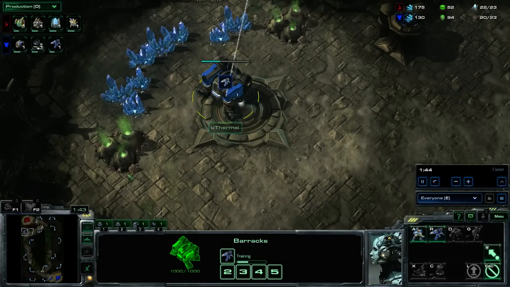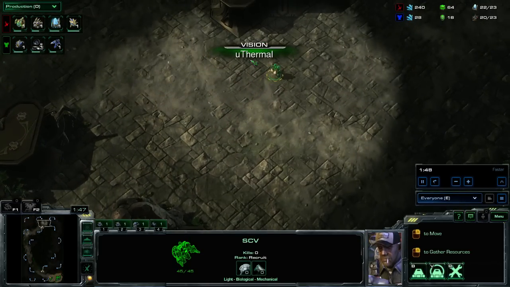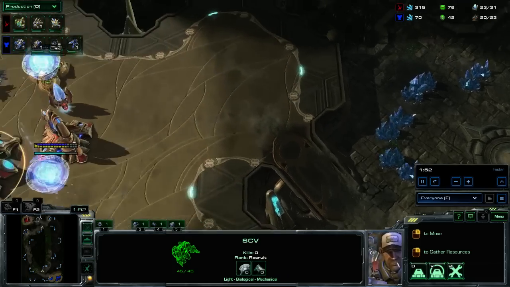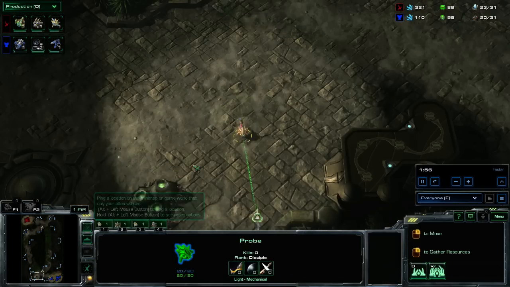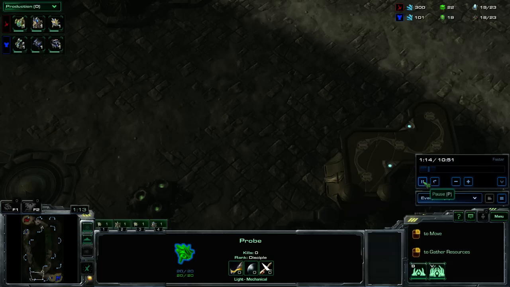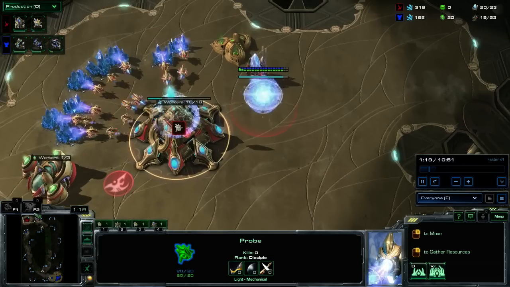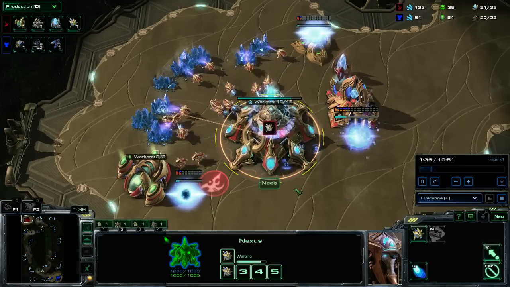So what you want to do is start queuing up Reapers, and you want to send your... Oh, actually, Uthermal doesn't send the SCV in. I like to send my SCV in to try and get an idea of whether they have expanded yet or not. What's interesting in this game is Neeb. If we check it out, Neeb comes in right at about, I think, a minute 40. So it looks like he's... Yeah, but he was already planning...